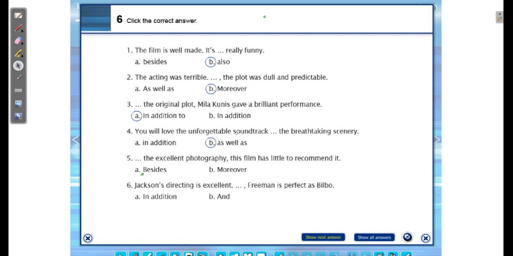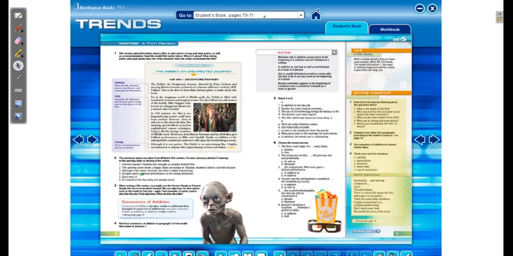This film has little to recommend it. So, besides, Jackson's directing is excellent. Freeman is perfect as Bilbo. Very good. So we have here the connectors of addition. And to sum up,